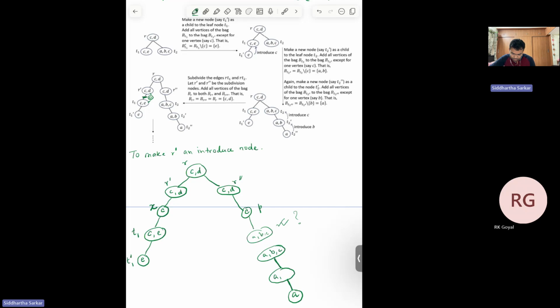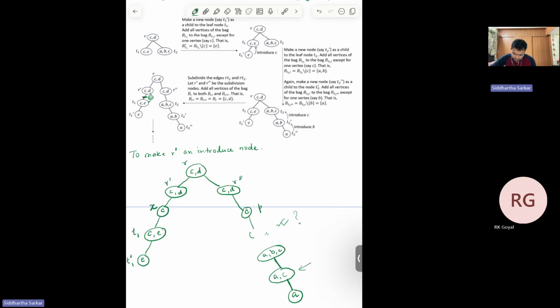So from ABC, we drop something to get the next node. Here we have to retain A, so we can keep C or B here. You have to do some trial and error. So if I take C here, then